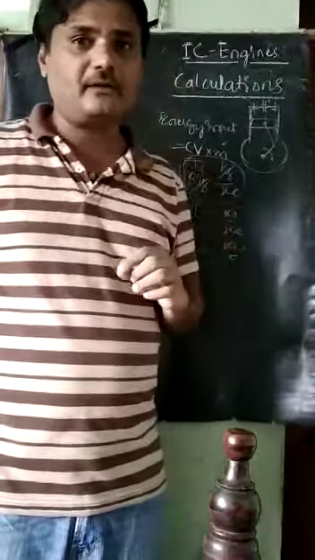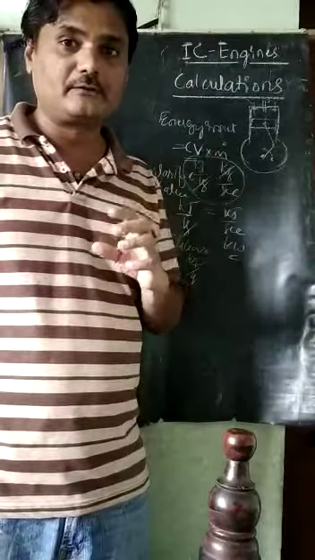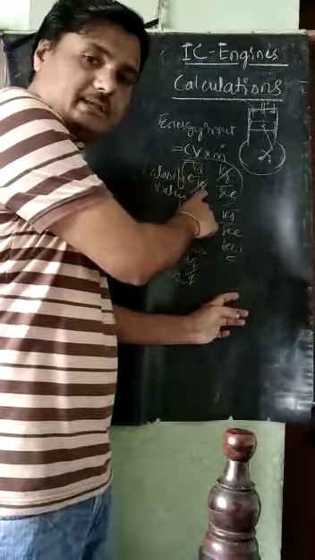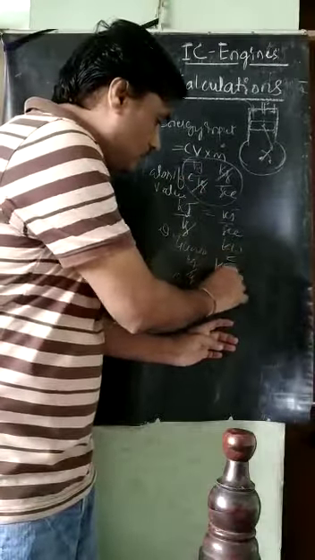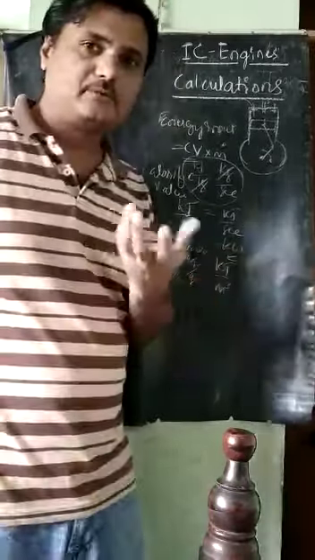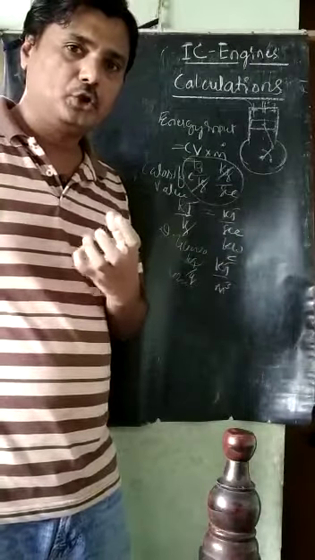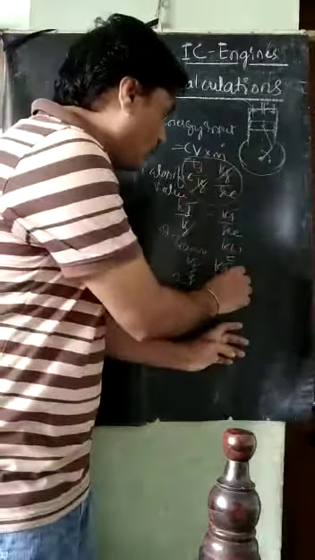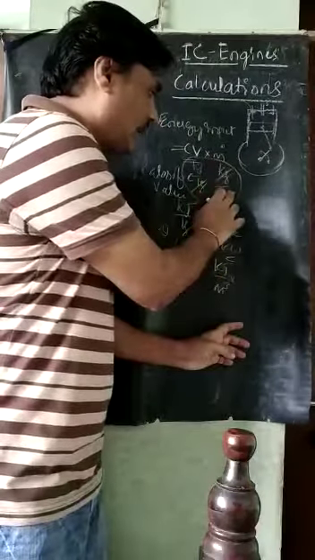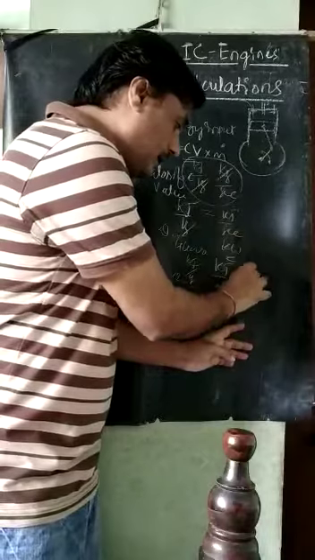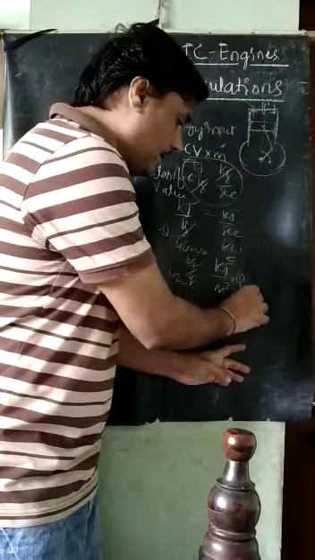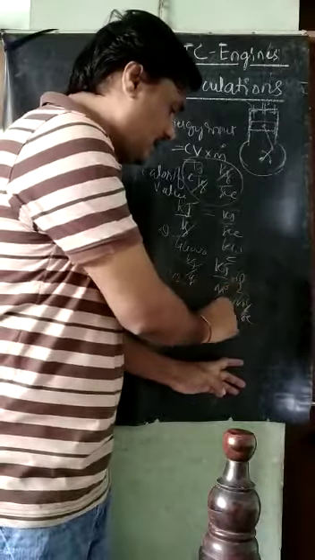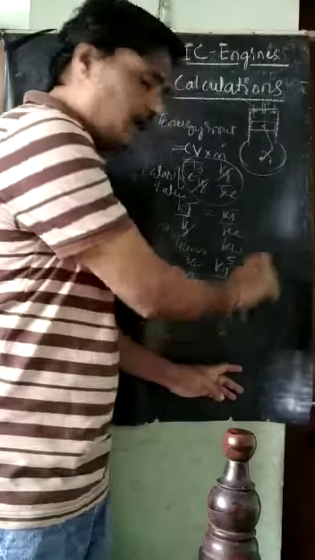For gaseous fuels, like gasoline engines and LPG cylinders, in those cases it is not kilojoule per kg here. It is kilojoule per meter cube, in terms of volume, how much heat it can generate. In that case, not the mass flow rate, the volume flow rate Q will be taken. That Q is meter cube per second. Once again the meter cube will get cancelled, and the answer will come in kg per second only.